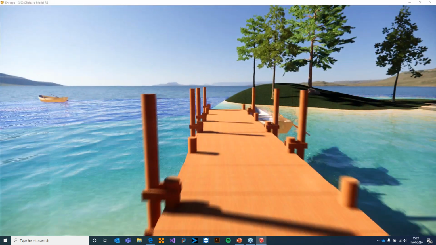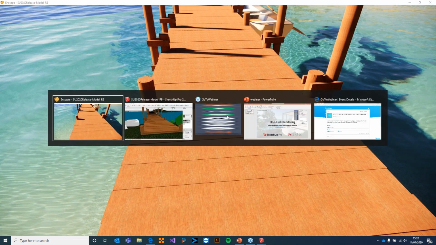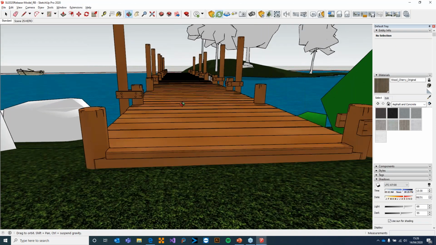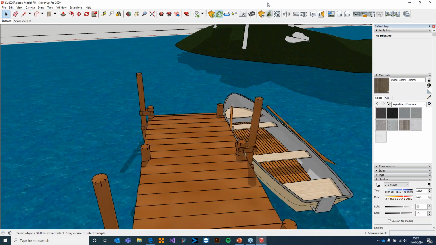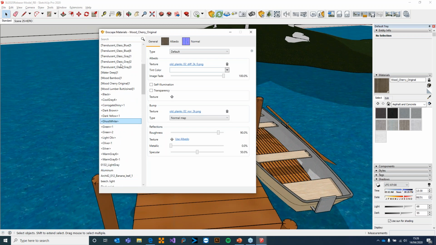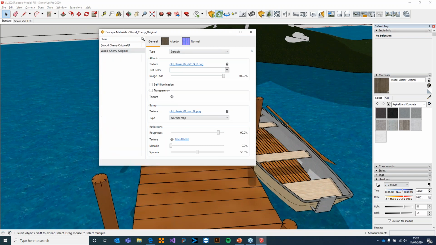My Enscape seems to not want to change those materials for me, so I'll carry on. I won't dawdle too much on that point, and I'll figure out why that is in a second. But for some reason it's not updating those textures for that particular